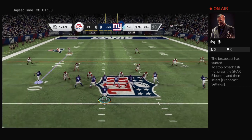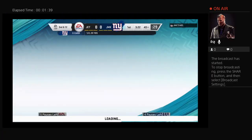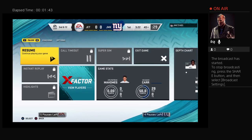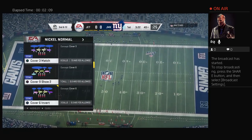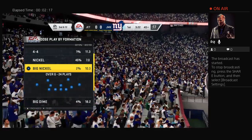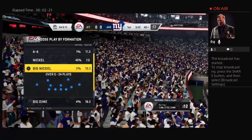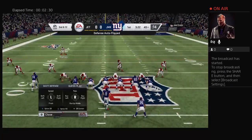50 seconds to Mike. On 2nd and 12, Carr. And this is going to wind up incomplete. The coverage there too strong on the deep ball, and now they face a 3rd down. Got it. An incomplete pass on that last play, and that means they'll need to come up with something here